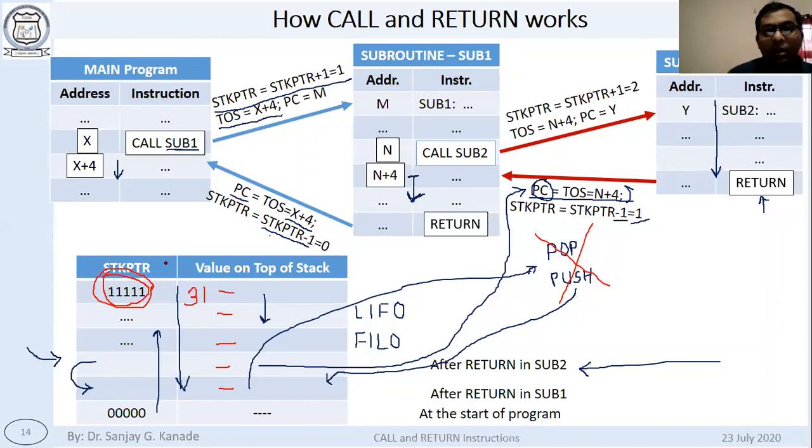Actually it is a little bit complicated when you say 31. If you count this as call 1, this as call 2, and then here you have again call 3, call 4, call 5. So actually this is not call 3, this is still call 2, because this call has ended when it returned.